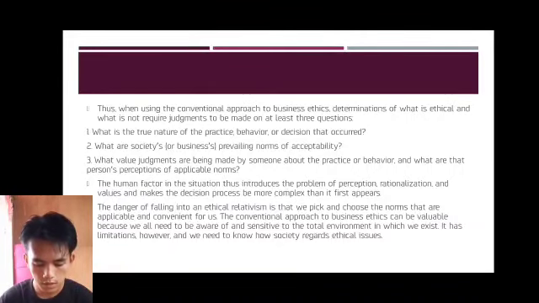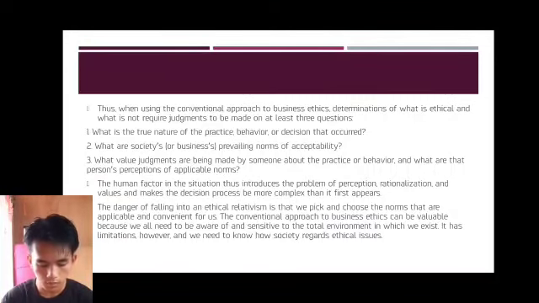What are society's prevailing norms of acceptability? 3. What value judgments are being made by someone about the practice or behavior, and what are that person's perceptions of applicable norms? The human factor in the equation thus introduces the problem of